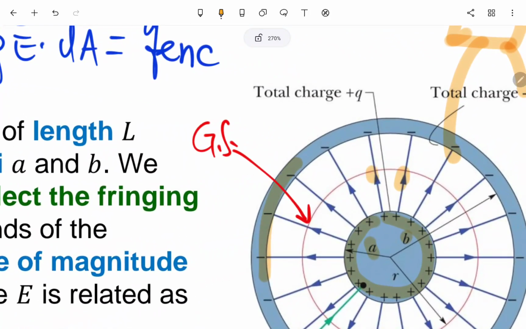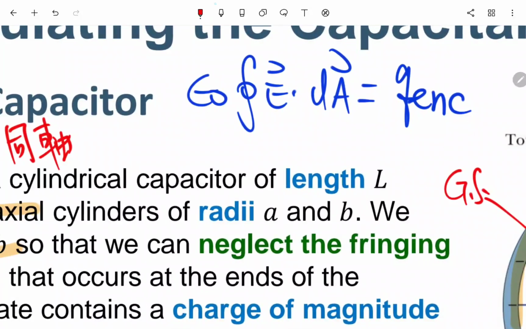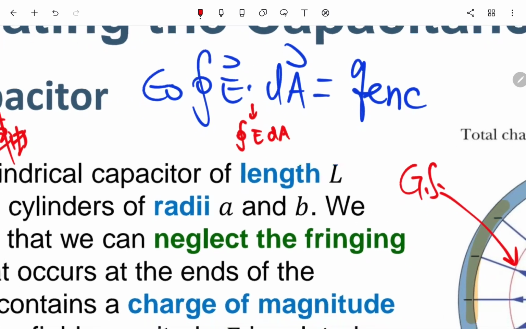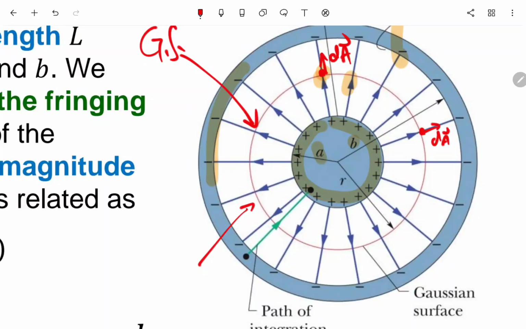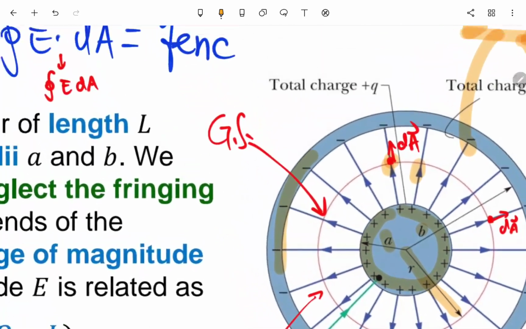so for example, for the Gaussian surface at this point, the dA is pointing like this direction, and then for this point, dA is pointing to this direction. So it will all the way point to the same direction as the E field. So in that case, this E dot dA turns out to be a multiplication, E times dA, and E field for a specific radius R. Okay, so this is R, this is R. When you fix the R, the E field will be the same because